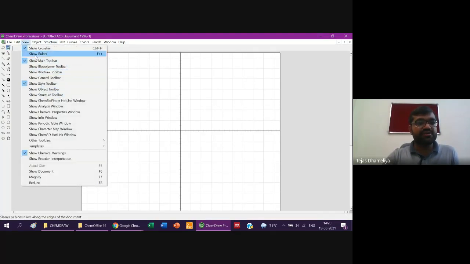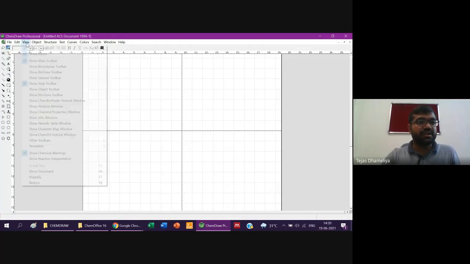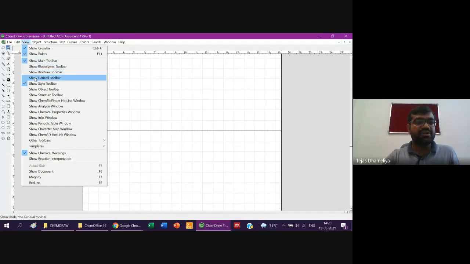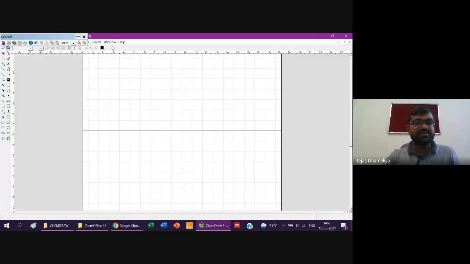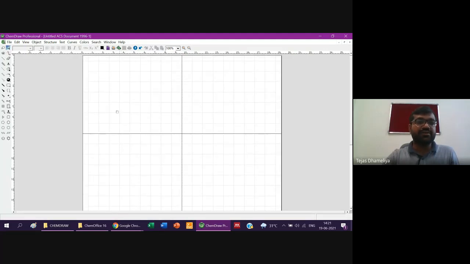There is also an option called rulers. So if you click on show rulers or press the F11 key, the rulers will be visible on your screen, here on top as well as on the left hand side. Then there is an option called show general toolbar. If you click on this, in the general toolbar you can see cut, copy, paste, open, file, print, zoom in, zoom out, all these options will be there